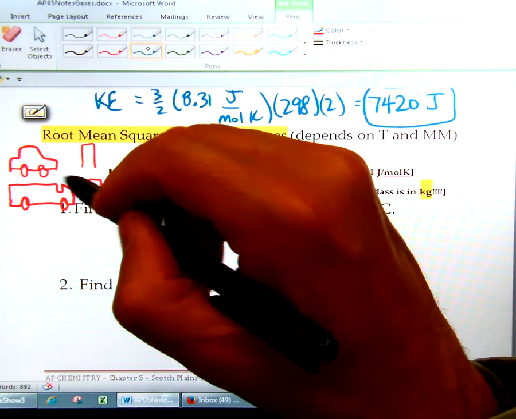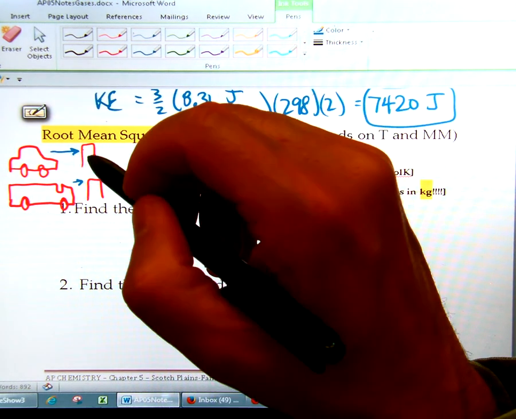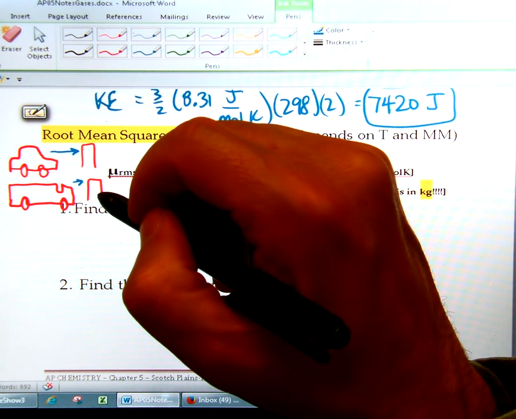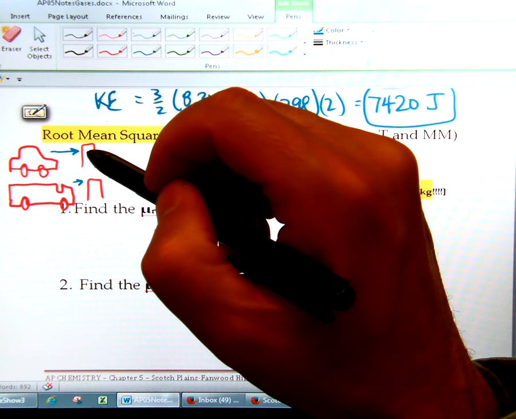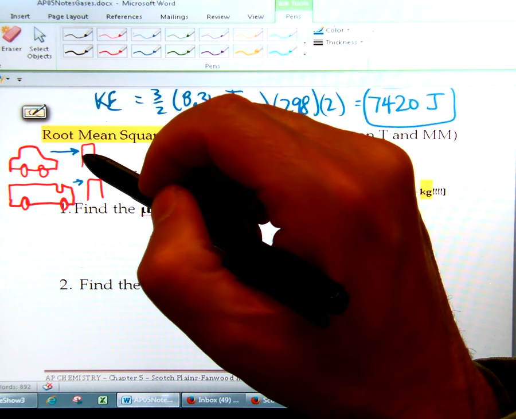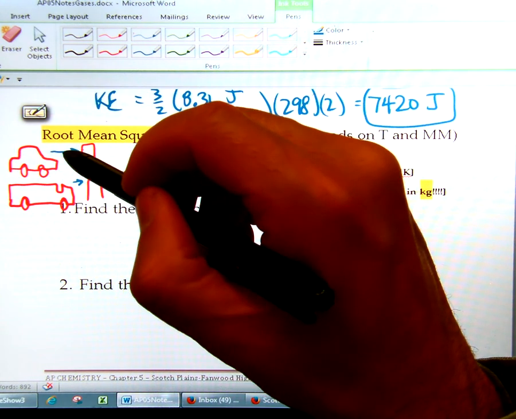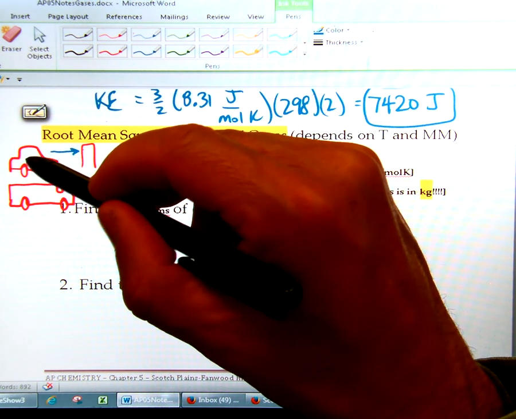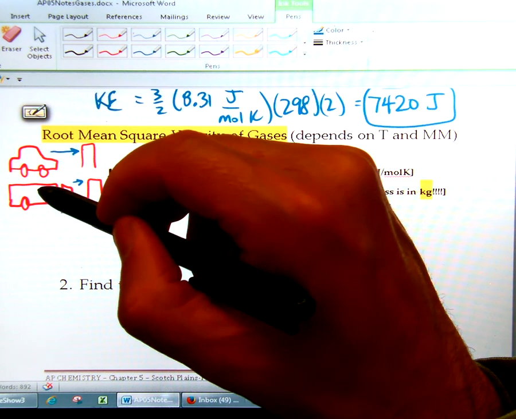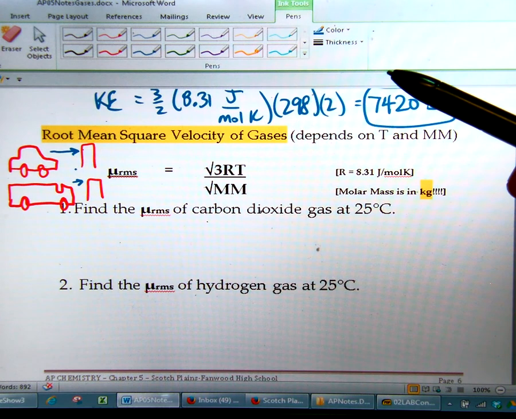So the truck could be moving at a slow pace, but the car would have to move at a faster pace in order to knock over the wall. So you could see that the same amount of energy will knock over the wall, whether it's a truck or a car. The energy is going to depend on the mass of the vehicle and the speed of the vehicle. So a small mass and big speed is the same as a big mass and a small speed. So there are 2 factors that affect the speed at which particles move, which is going to be